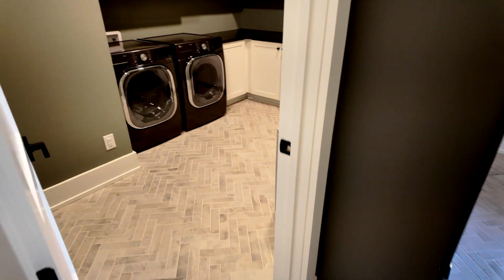You've got access to your 2 separate garages and your first floor laundry. That's right, there are 2 laundry rooms in this home. No more traipsing kids' laundry up and down the stairs. You've got 4 garage bays, 2 chargers for your Tesla, plus adapters for other makes, but you won't need to store all your holiday decorations here because you've got great storage upstairs,